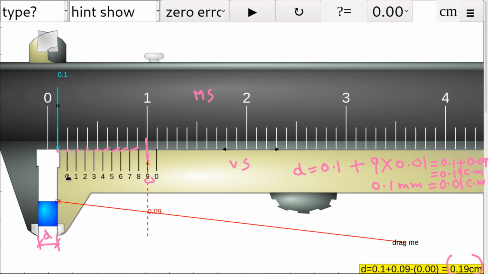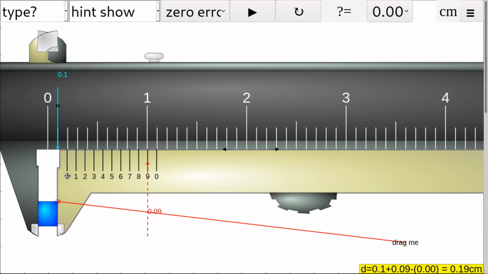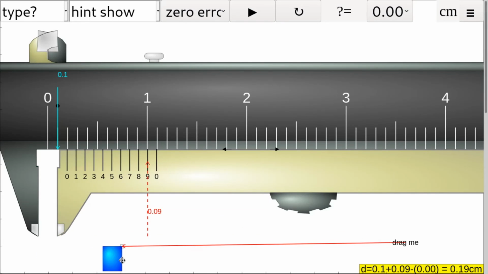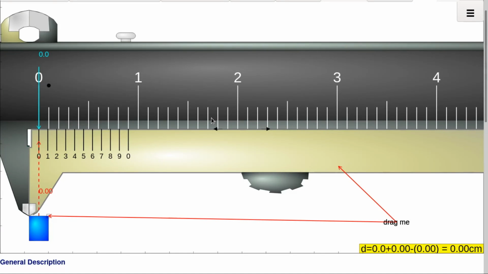This is only for when your vernier calipers is accurate, not having any error. That is very important, because if your vernier calipers has some error, then it cannot give the correct result. For that we have to do some addition or subtraction in the measured value. In the next video, I will tell you how we can resolve that error if your measuring device, the vernier calipers, has some error. Thank you.